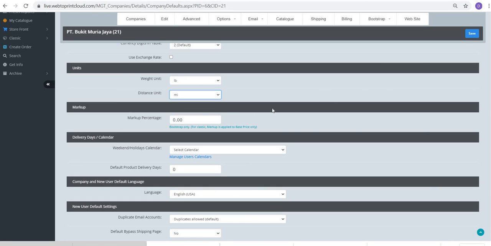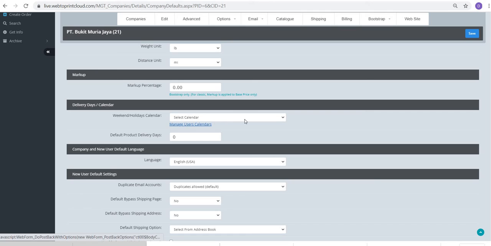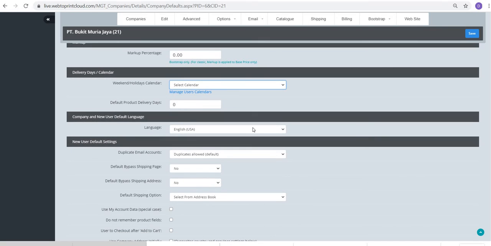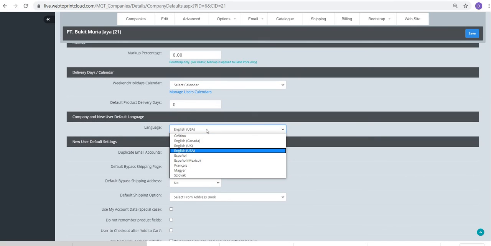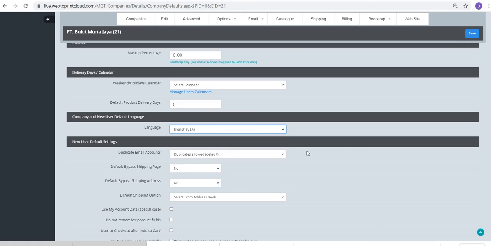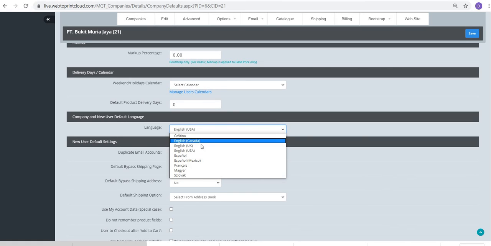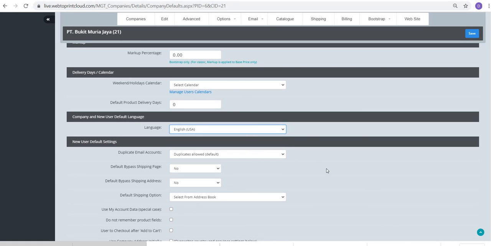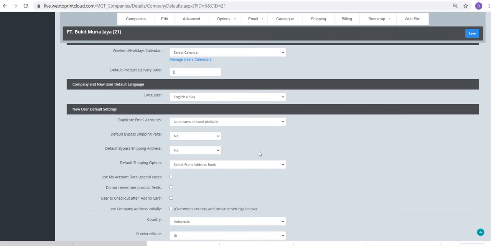You can also mark up storefronts, so you can use the same grouping of products across multiple storefronts, but maybe one is a wholesale site, one is a retail site, so we can mark up the retail. You can set holiday calendars under Manage Producer, and then you can say this storefront is using this holiday calendar, and set your delivery days. And you can decide what language you're going to support, because Canadian and US apparently don't speak the same language. And you can also bypass the